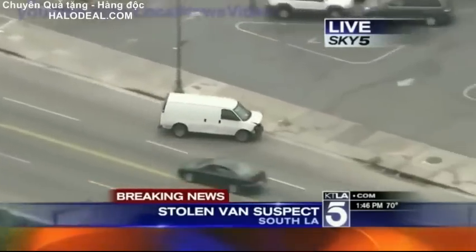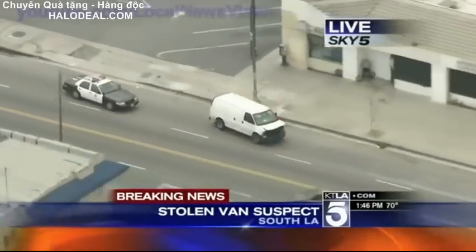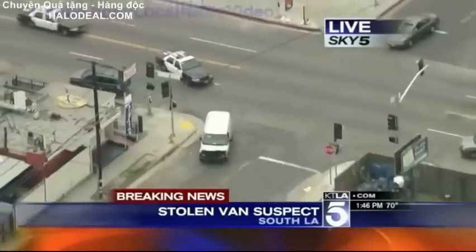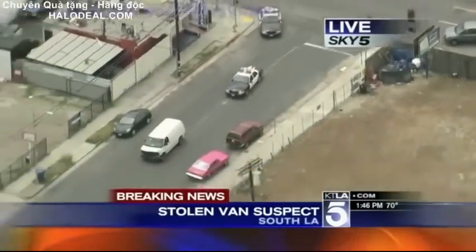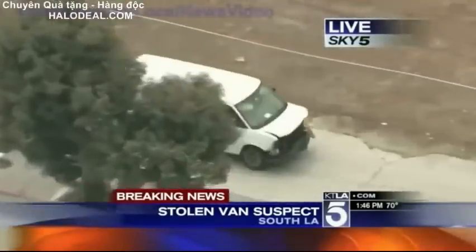Now, oh, look at that. Again on the wrong side of the street. I'm wondering if he did make contact with that spike strip because he seems to be really out of control at this point. Well, I don't see the tires, but the tires aren't smoking. You don't see the tires smoking, so...